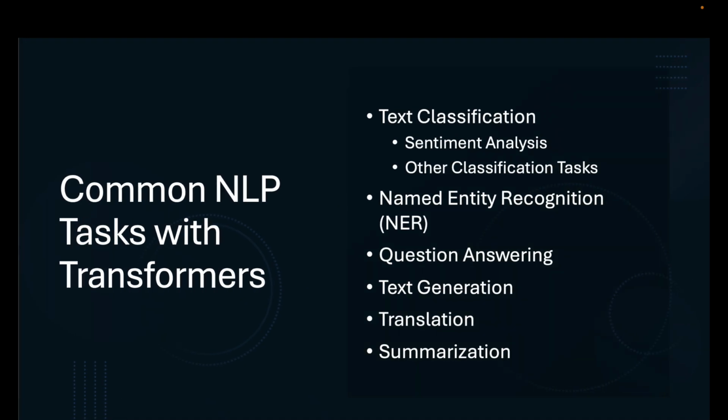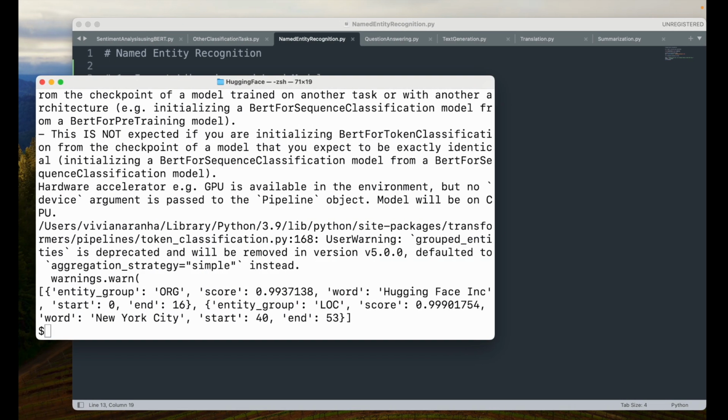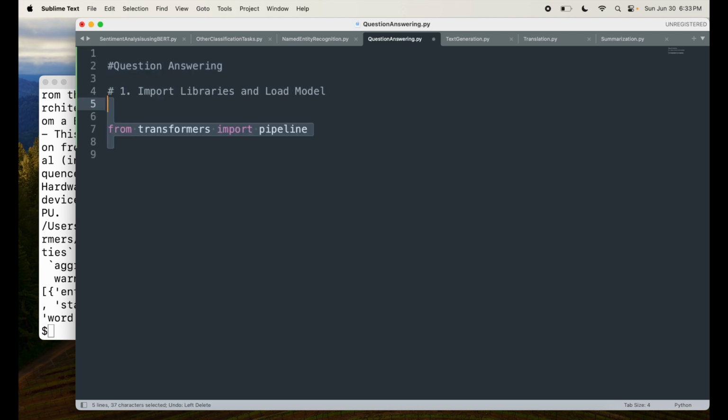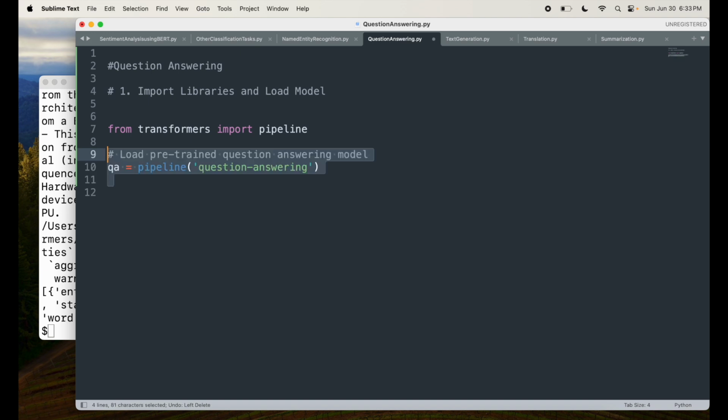Next, we're going to look at question answering. Question answering involves finding an answer to a question from a given context. So you have to provide the context and you have to ask the question. What I'm going to do is create a new file, and I'll go through first importing libraries and loading models. So from transformers import pipeline, then I'm going to load the pre-trained question answering model, and